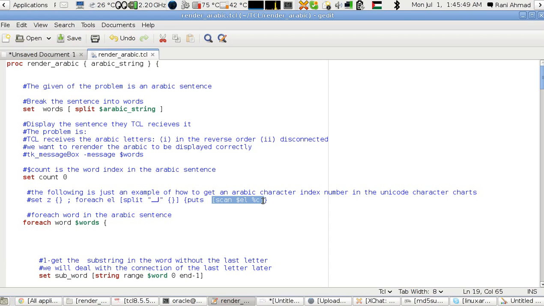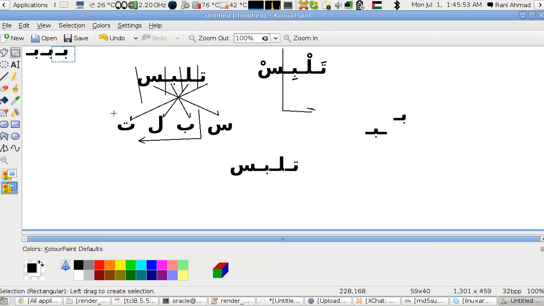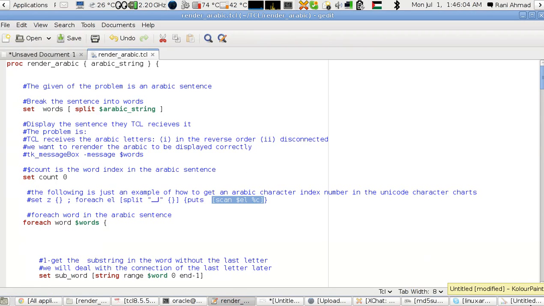This form is called the isolated form, where every letter is on its own, so it's not joined, not connected, not even linked. So this one would give me a character, for example,